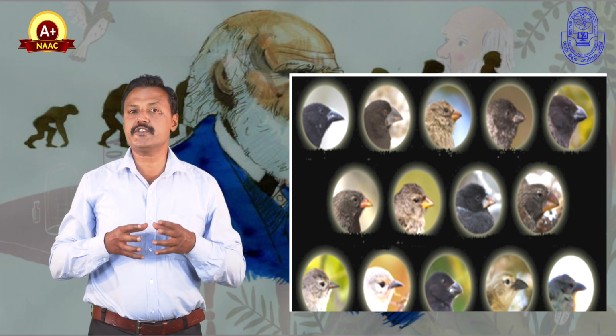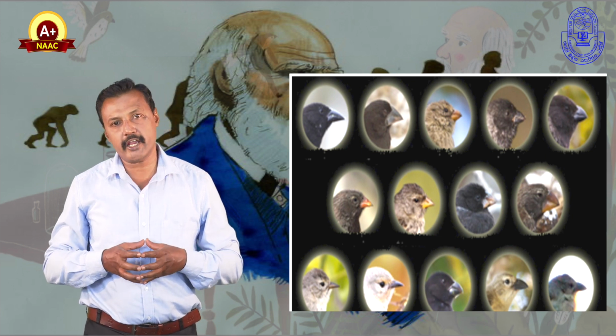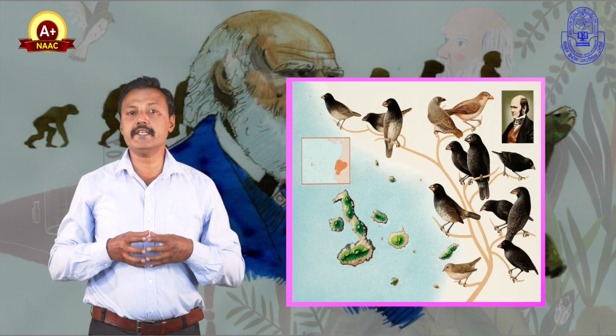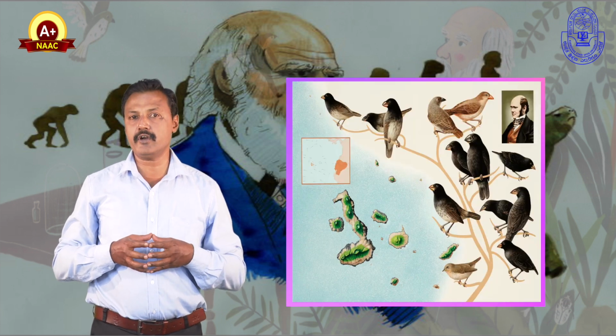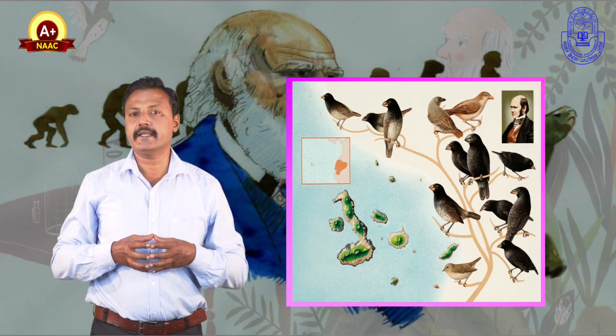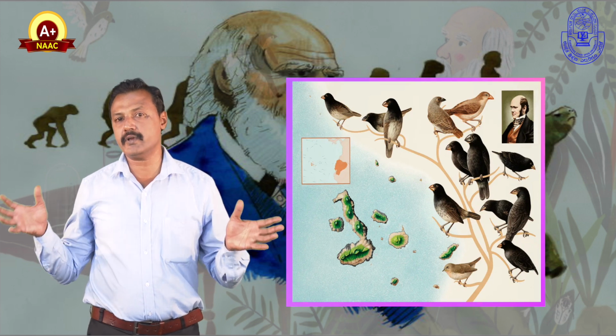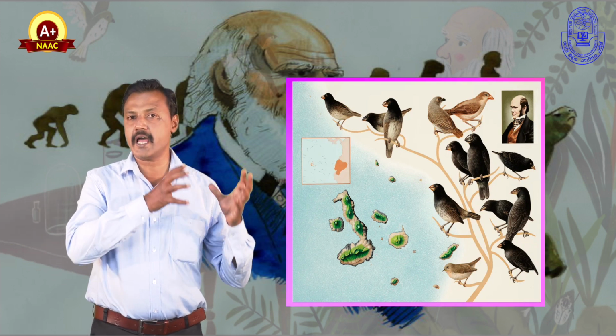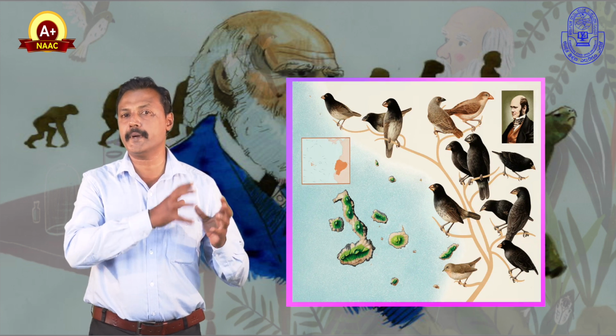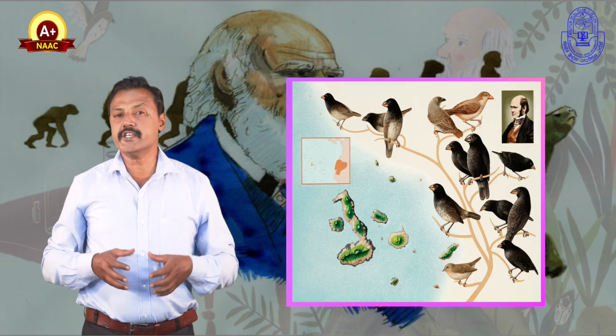The species which were formed with the different modifications of the beak were mainly adapting to the particular environment. Darwin emphasized that the species adapt and change with the modifications of certain organs. These adaptations are found among the finches. He explained that during a very long time the finches might have isolated from the mainland, and these finches which are adapted to the particular regions, the finches which are adapted to